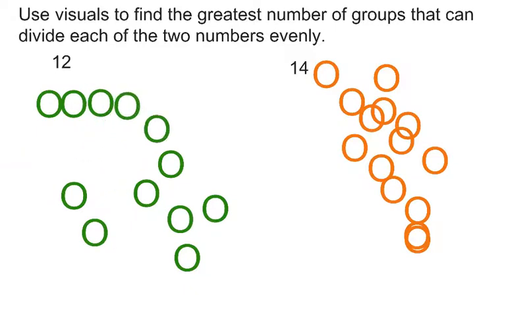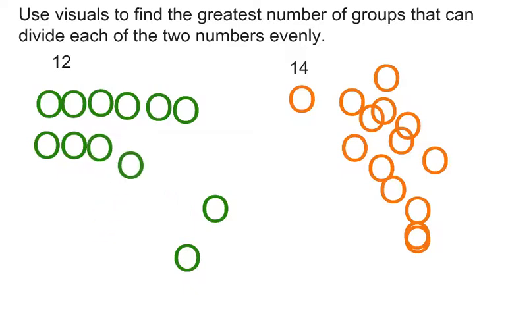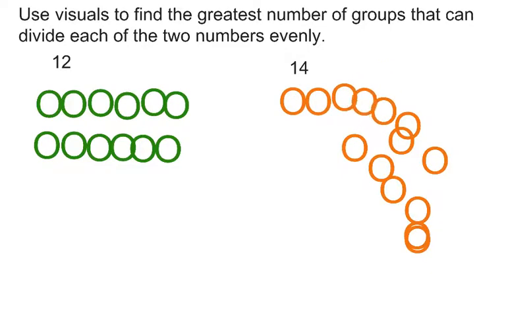I can start by creating, of course, 12 groups of 1. And I know I can create 14 groups of 1. But now I want to see if there's anything else that's going to be acceptable. So I can start with 2 groups of 6. Those are even groups. For 14, if I try to put those into groups of 6,